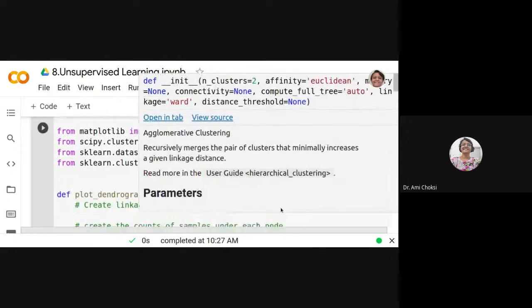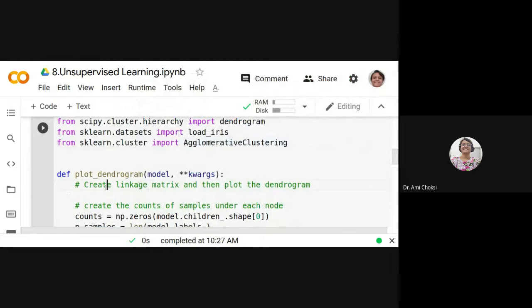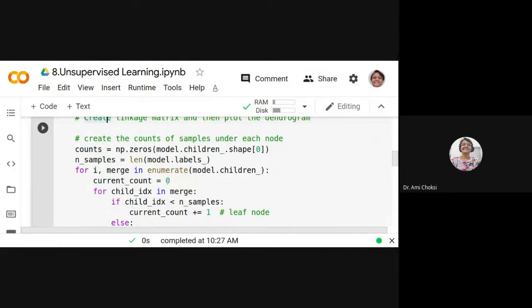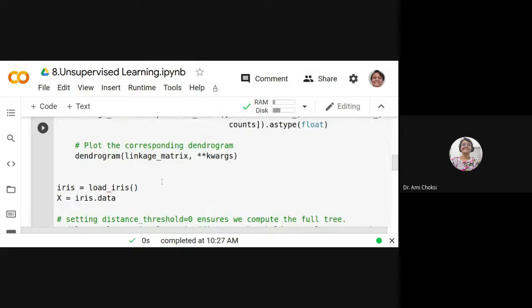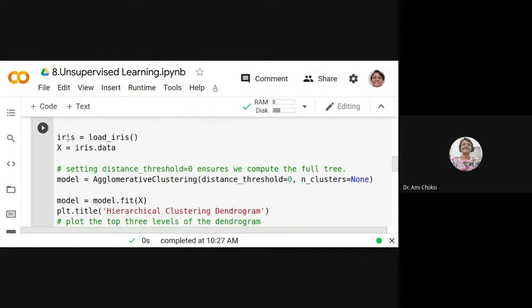That is already known to us, right? So what we do is iris is equal to load_iris. It will be able to load the iris data set. X is equal to iris.data. So we'll have our X initialized. That is our data, right?